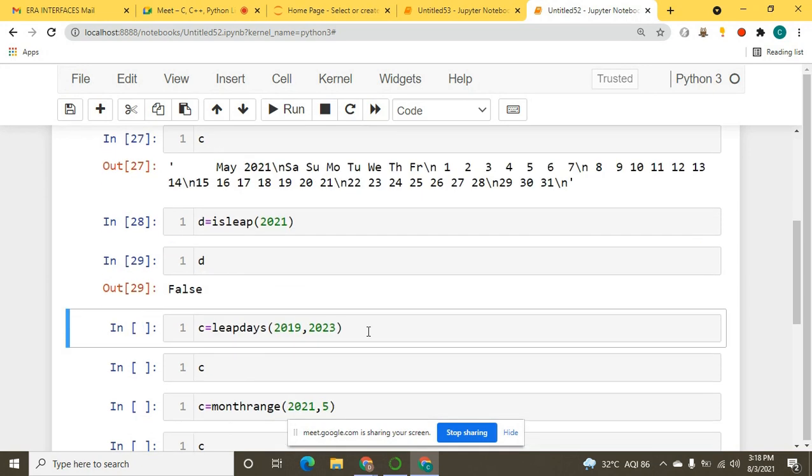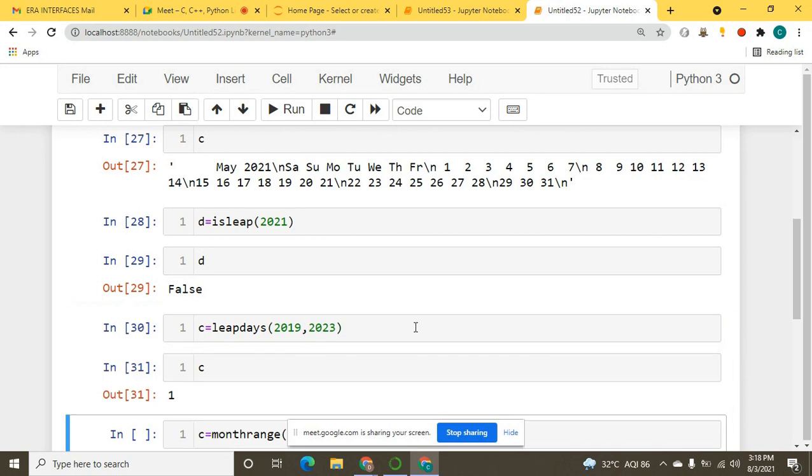Now let me check, we all know that once in 4 years we get a leap year. So let us say that I have passed a range, 2019 to 2023, how many leap days are there? When I execute that, obviously only one day increases in the leap year.